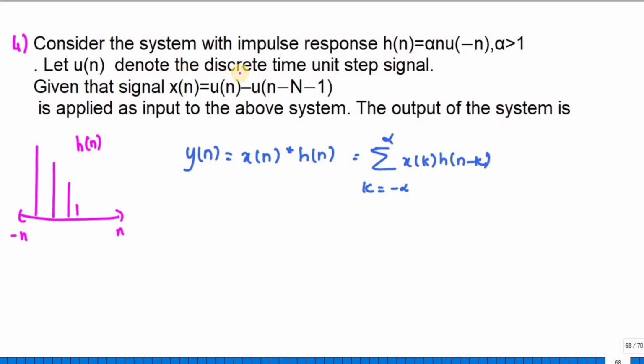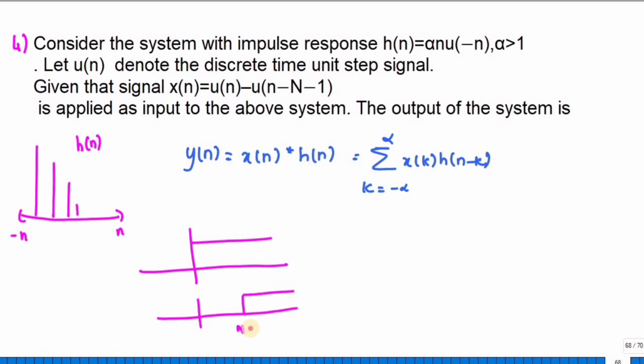Okay, let u of n denote the discrete time unit step signal, and given that x of n is u of n. This is u of n, and this is u of n plus 1. N plus 1 means the subtraction of these values, so x of n becomes 0 to n. Okay. So y of n is equal to x of n convolution of h of n, that is equal to